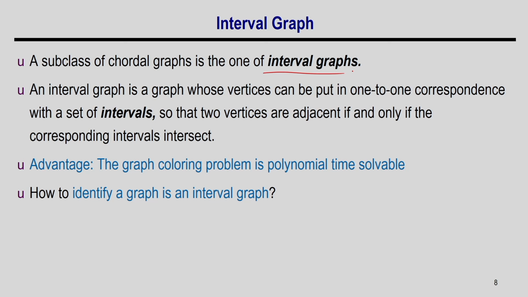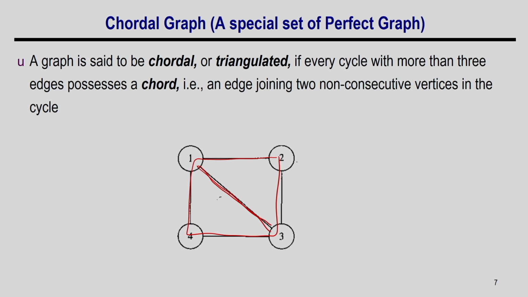So, which says that if we can map the nodes of this conflict graph into some intervals such that if there is an edge between two nodes, then their intervals will overlap. So, for example, here 1 and 2, I map them into this interval, and because there is an edge between 1 and 2, they will overlap. So, if I can map all these nodes to such intervals such that whenever there is an edge, the corresponding intervals will overlap, then I can tell this particular graph is an interval graph. And what is the advantage of this? We found that if the conflict graph is an interval graph, I can solve the problem in polynomial time.